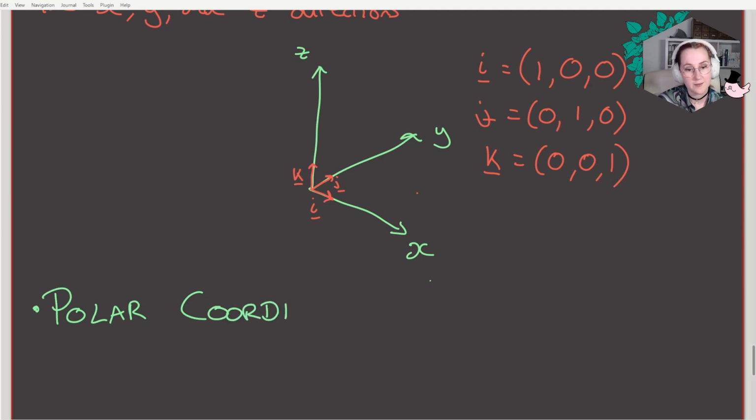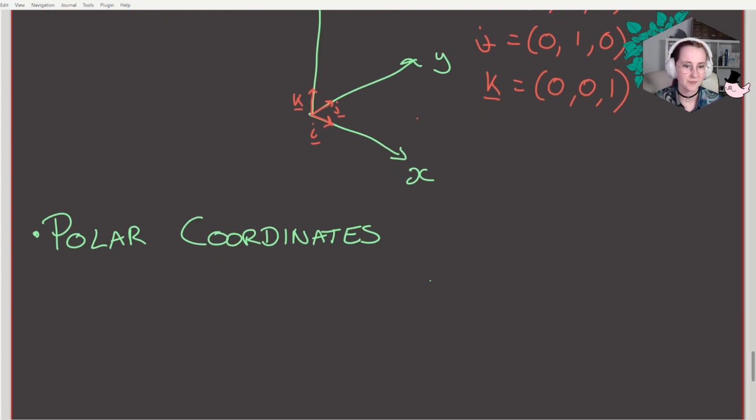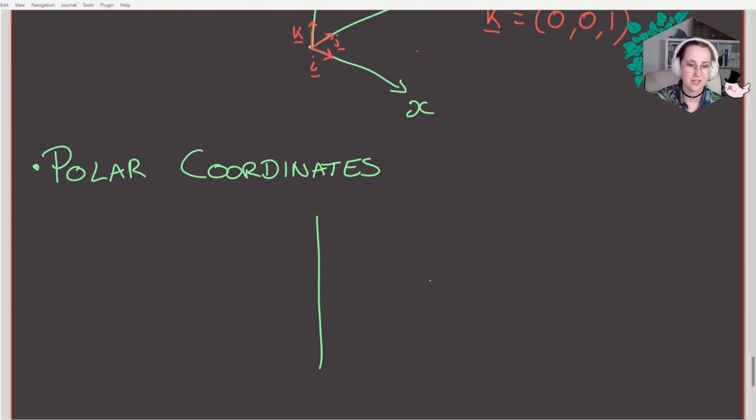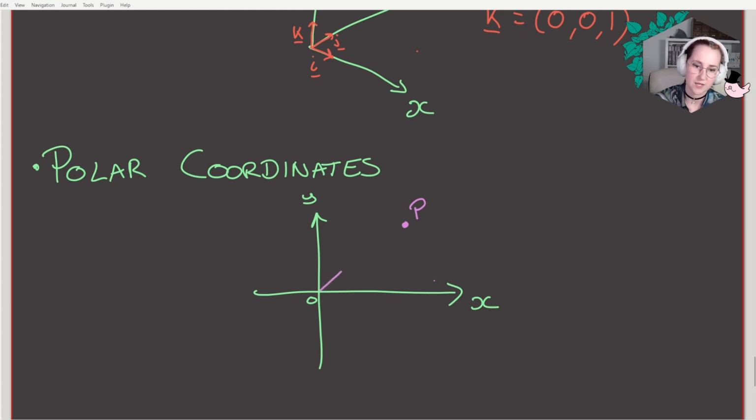Polar coordinates. So these won't come into play for a while, but if I didn't mention them now, it would upset me. So we still make our space into a grid with our x and y axis and our 0 in the center. But now, if I want to describe a point, and I'm just going to do this in 2D, don't worry about cylindrical or spherical polar coordinates, that's not relevant right now. So if we do a point P, instead of going along the x-axis and up the y-axis, we do a straight line from 0